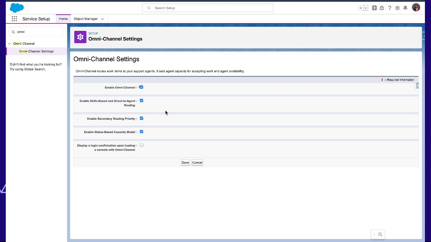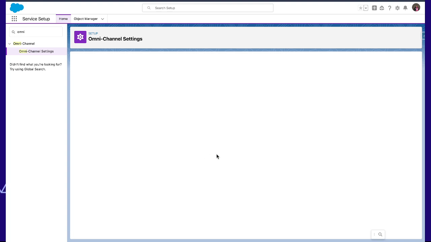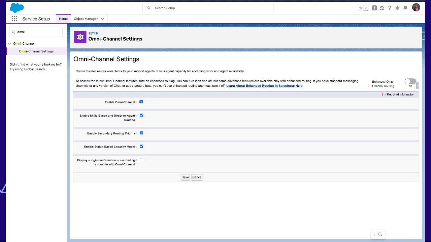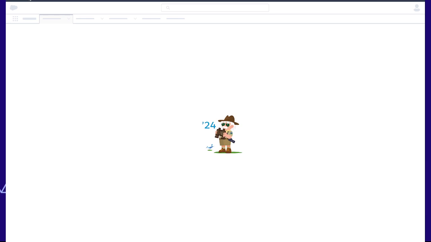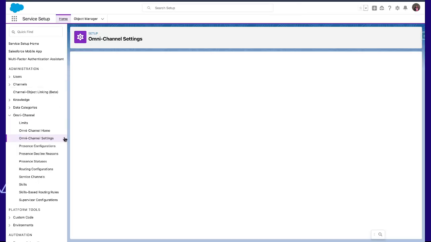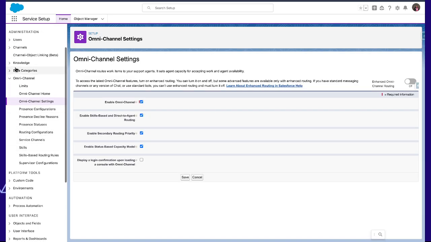We can check them later as per our need. Now we save it, and the Omni-Channel setup is done. If we reload, we can see the settings are enabled in the system.